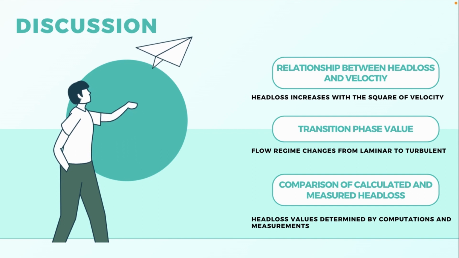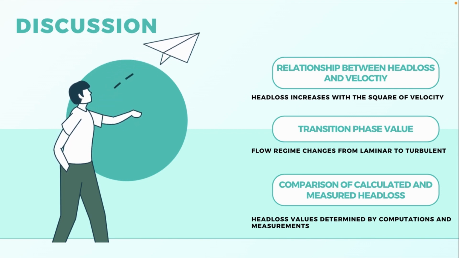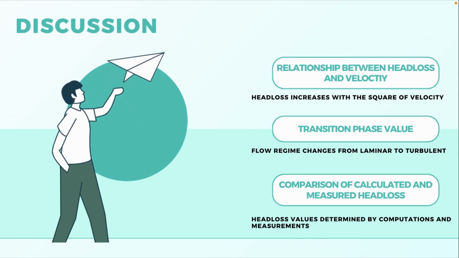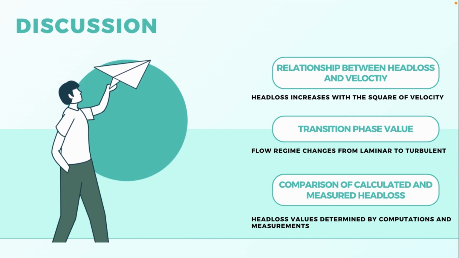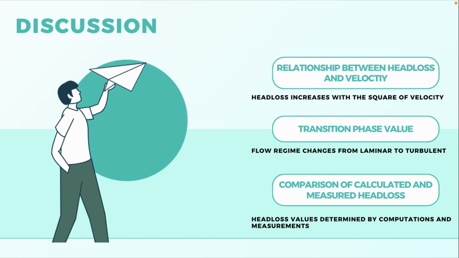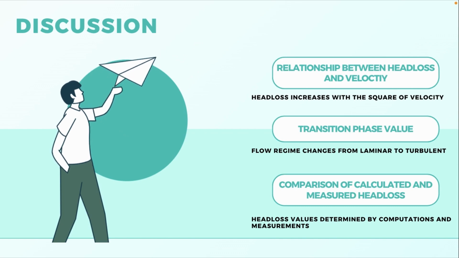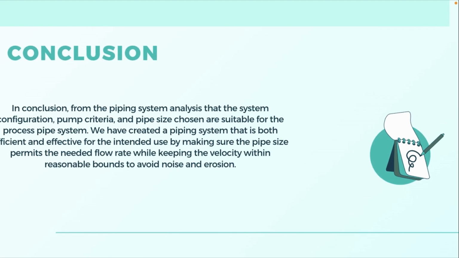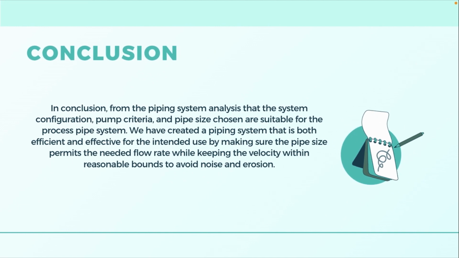Comparison of calculated and measured head loss. Though there could be some variation, head loss values determined by computation and measurement frequently compare well. These differences may be the result of measurement mistakes, theoretical model assumptions, or disparity between real flow conditions and idealized scenarios. For the conclusion of our presentation, in conclusion, the fluid friction represented by this flow can be computed